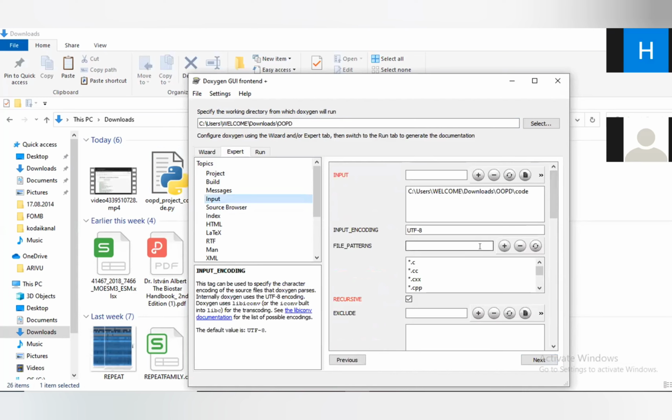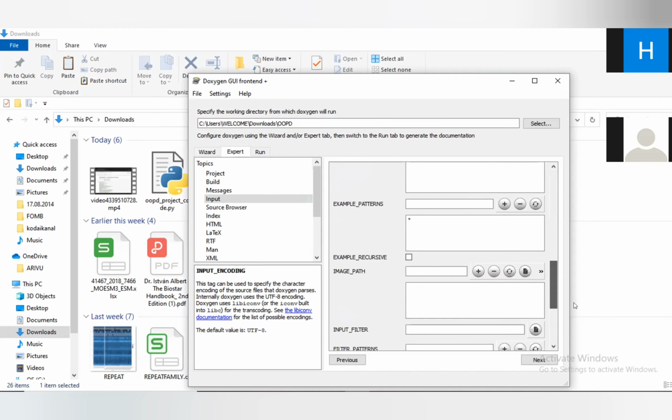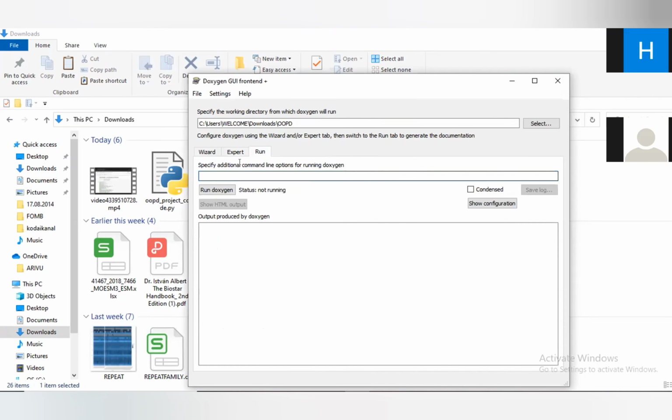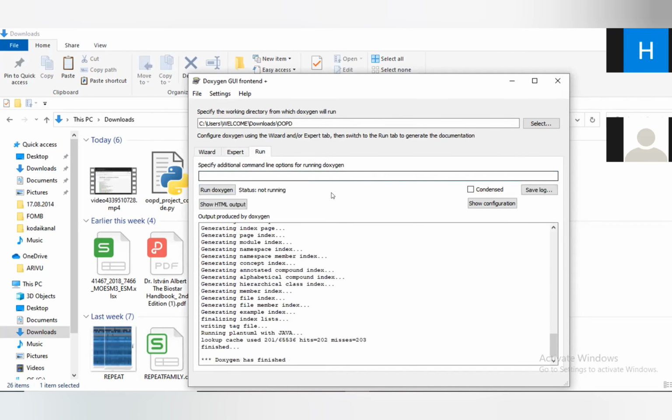In input, for input pattern, since .py is not there, I'm adding it and then choosing .py. I'm going to run Doxygen. It's running. It's on, so you can see the HTML output.